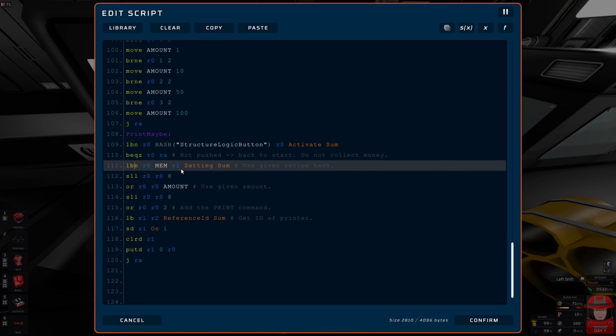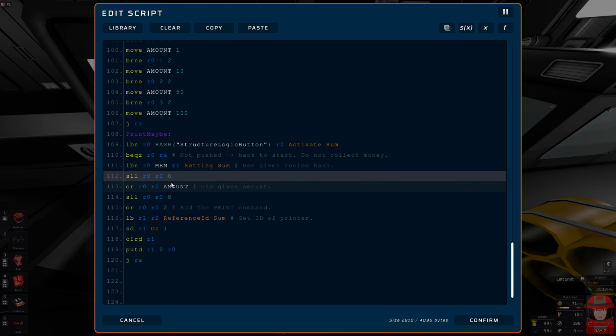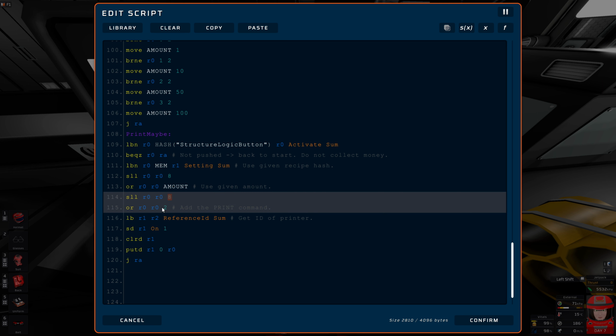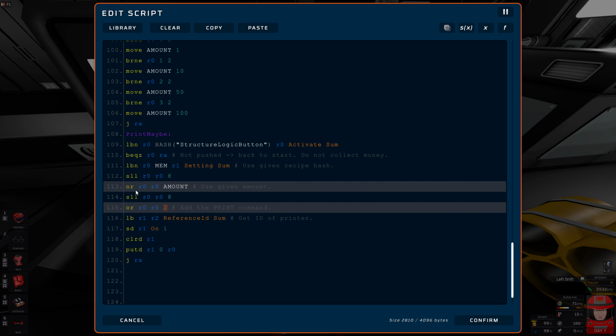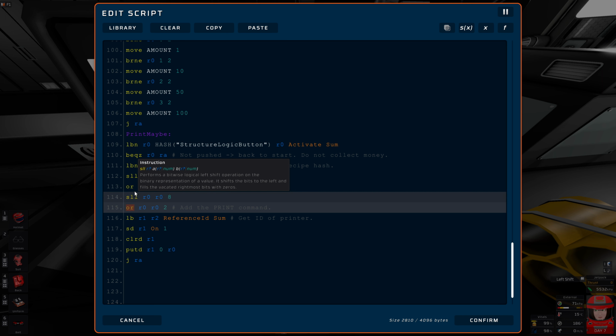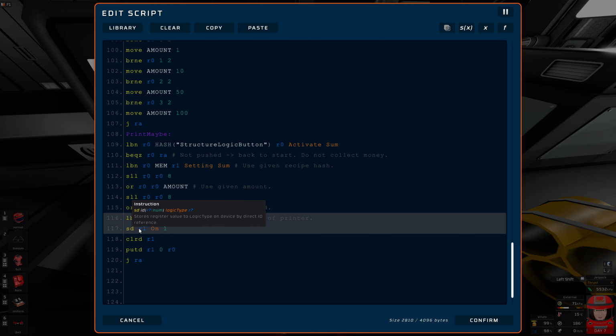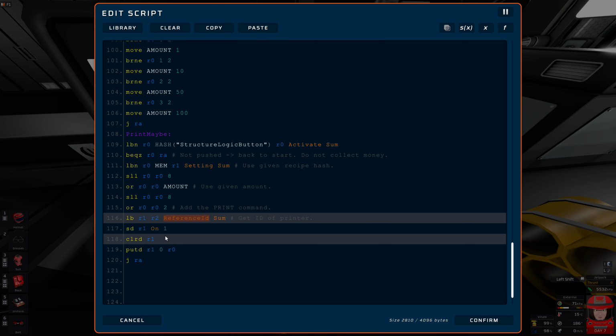Otherwise, we load the recipe that we have in the memory chip into this register. Then we shift 8 bits to the left. We write the amount. We shift 8 bits to the left, and then we write the printing command into this, carefully not to destroy the bits that are already there. Then we're just getting the reference ID of the printer, we turn it on, we clear its memory, and then we write the value that we have composed